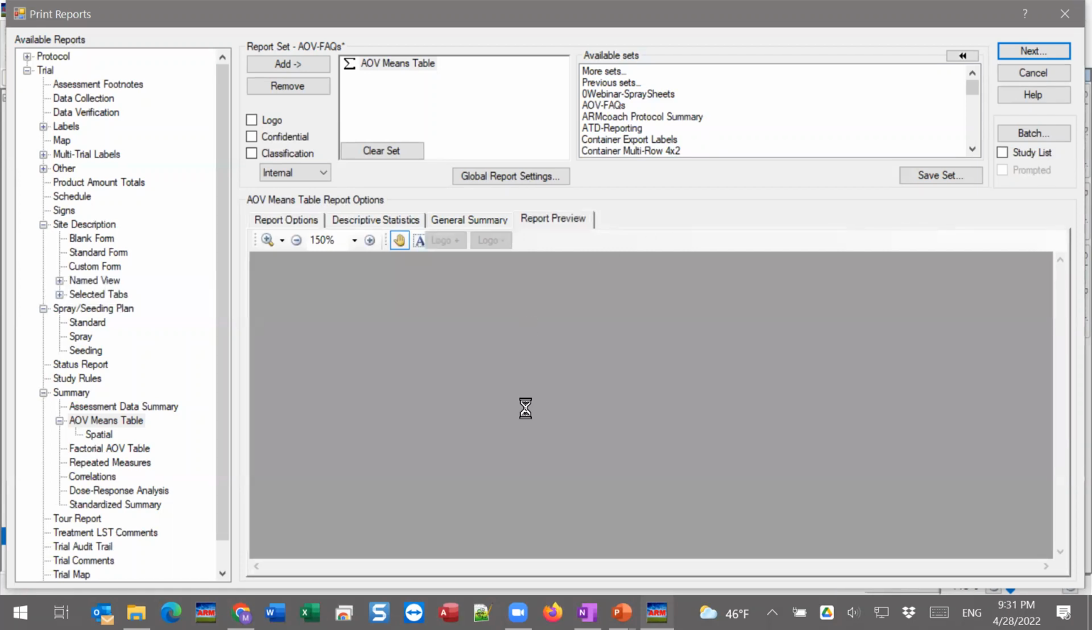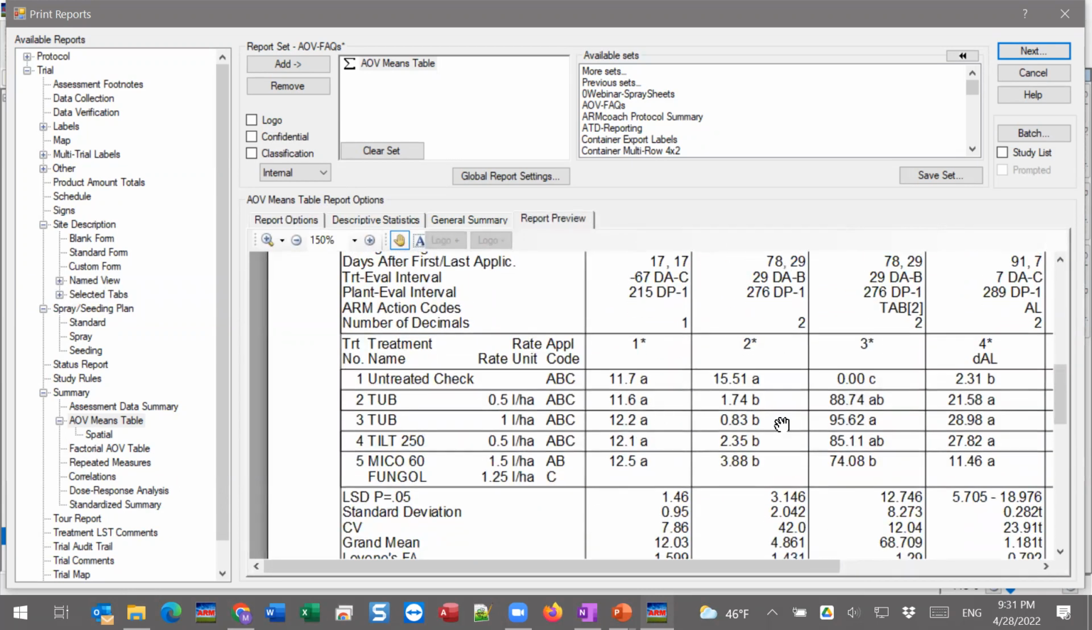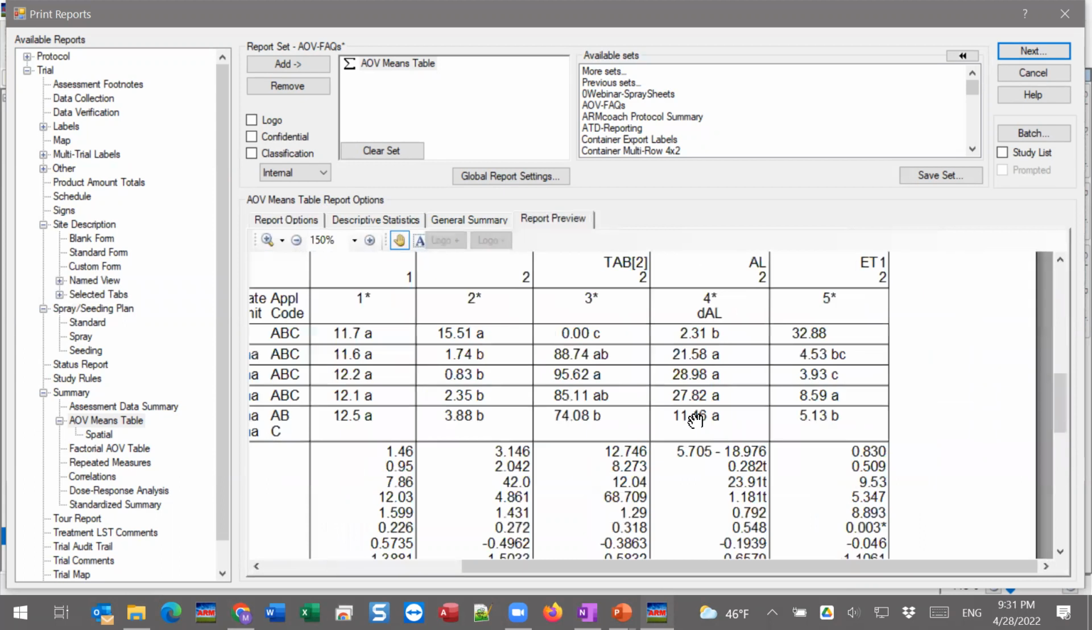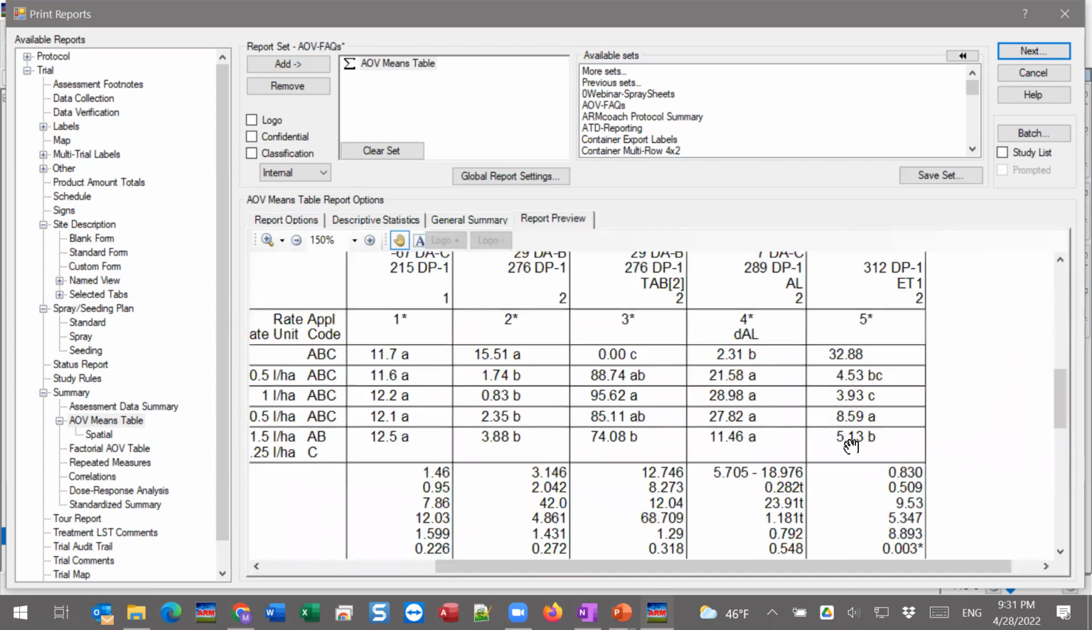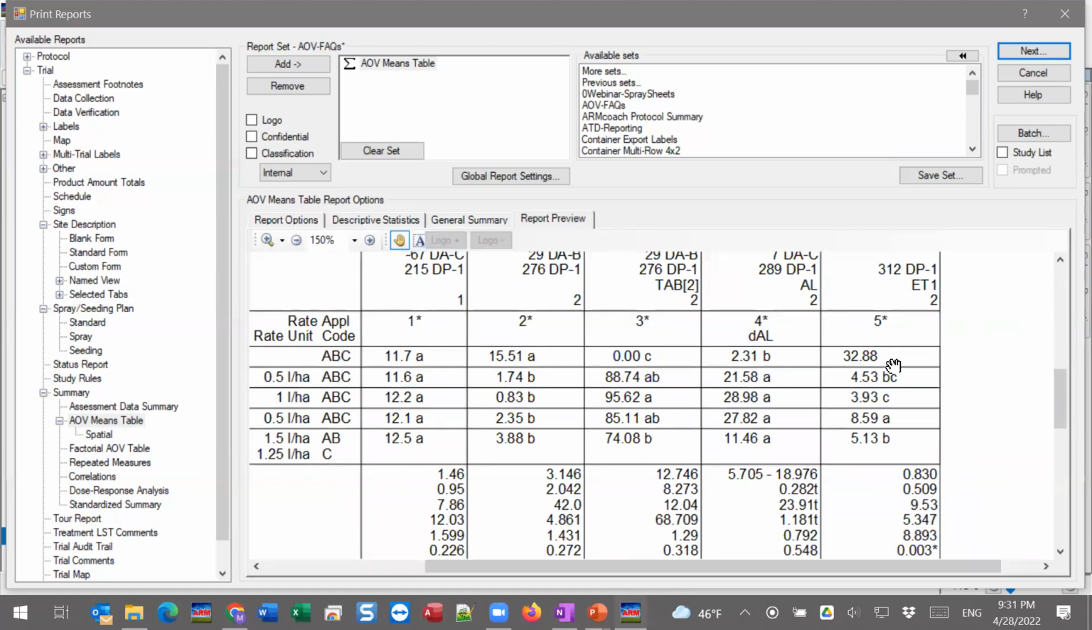One more common question, looking at my data, column 5 here. I'm looking at my numbers, and for some reason, I don't have any letters next to a particular treatment. Why is that blank? It definitely should be significantly different than the rest of these, but it doesn't even have a letter. The reason for that